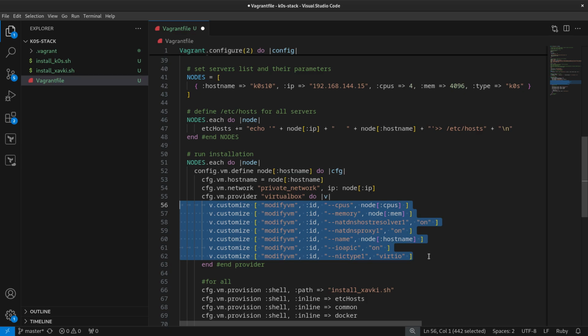The hostname again, because we have the hostname. The hostname is set into Vagrant, and also into our VirtualBox hypervisor.